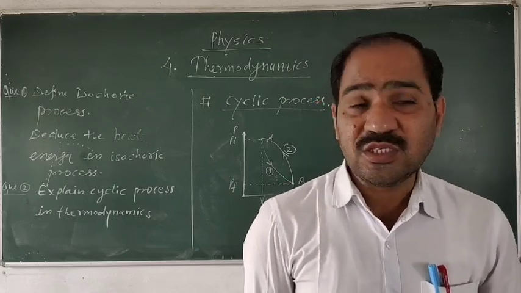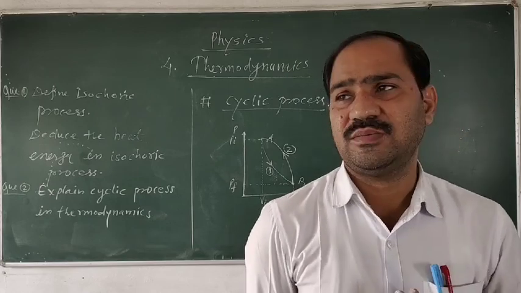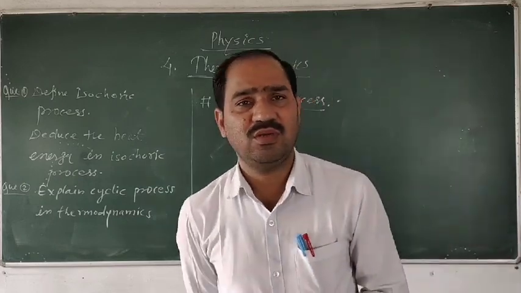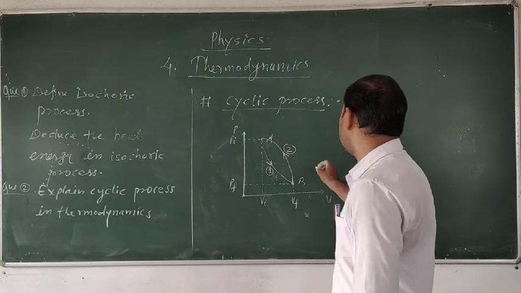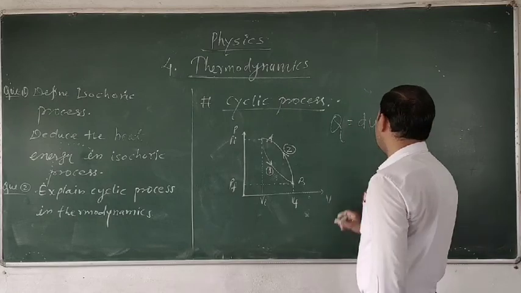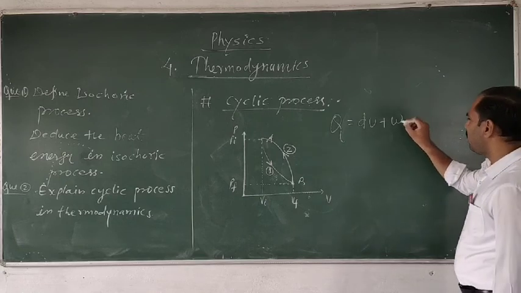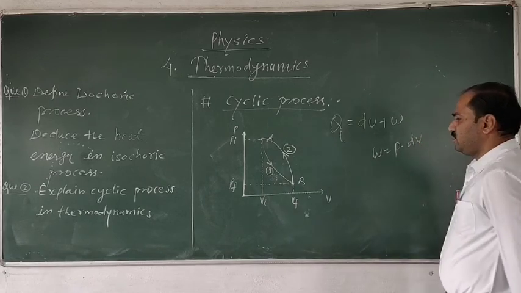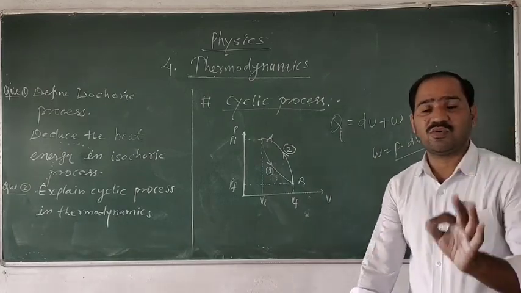In the previous process, the isochoric process, there is no change in the volume of the system. Volume is kept constant. There, how much was the work done? W is equal to 0, in the isochoric process. But for this process, whatever the heat supplied is, that is dU plus W. In this process, W is not equal to 0, because here W is equal to P dV. Volume is going to change, therefore this part is not equal to 0.